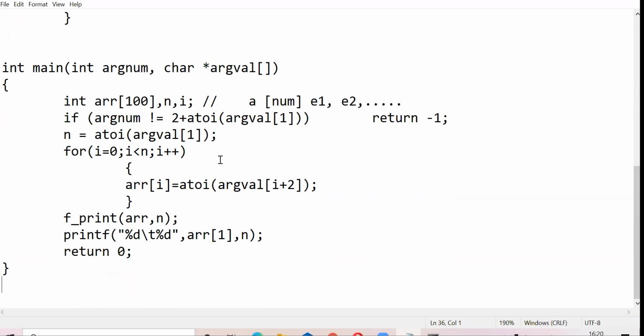Okay. Do you know how to insert in an array? You need to tell me, are you people comfortable with the insertion in the array? And I should hear from each of you.